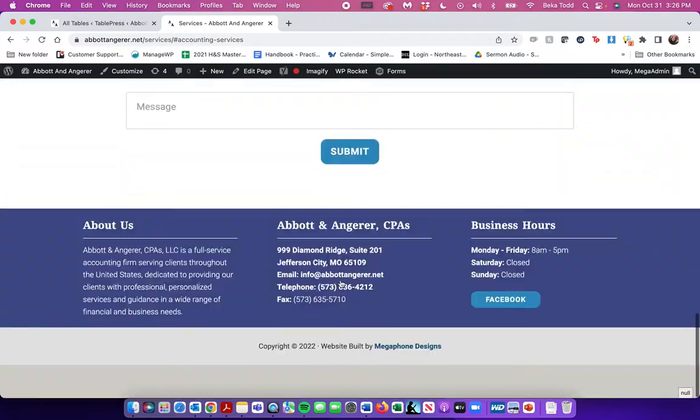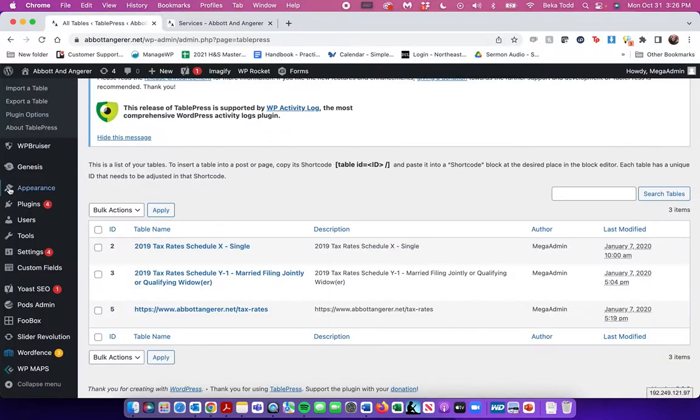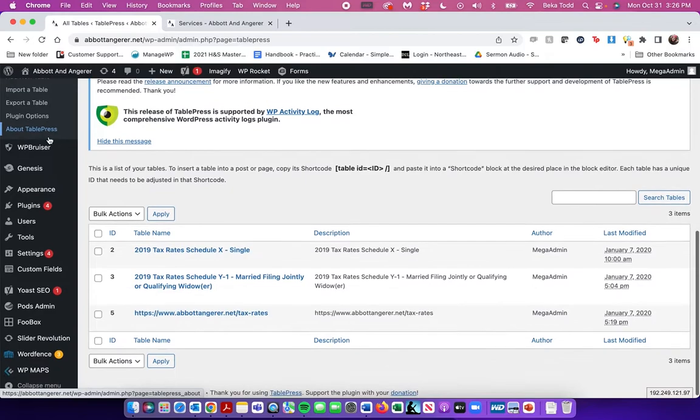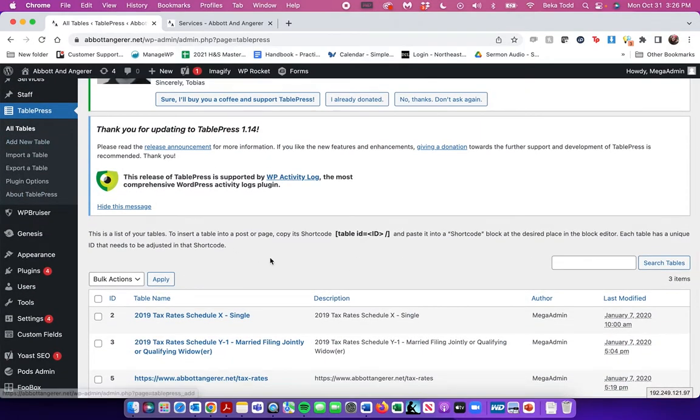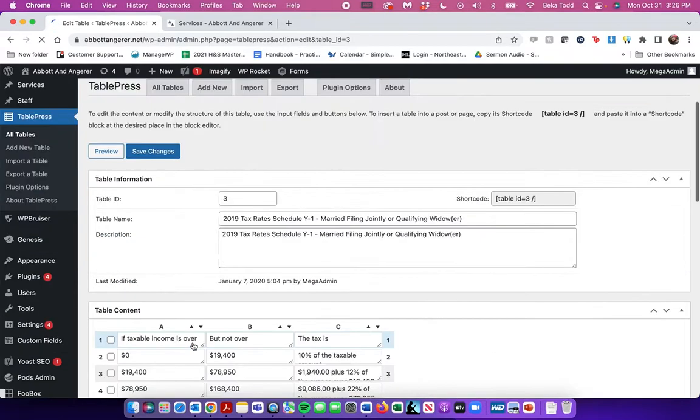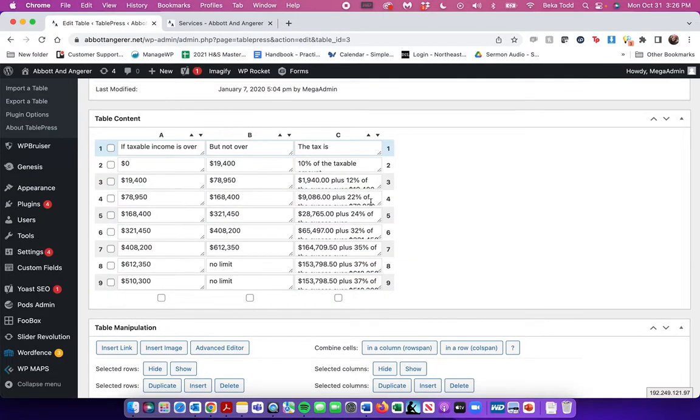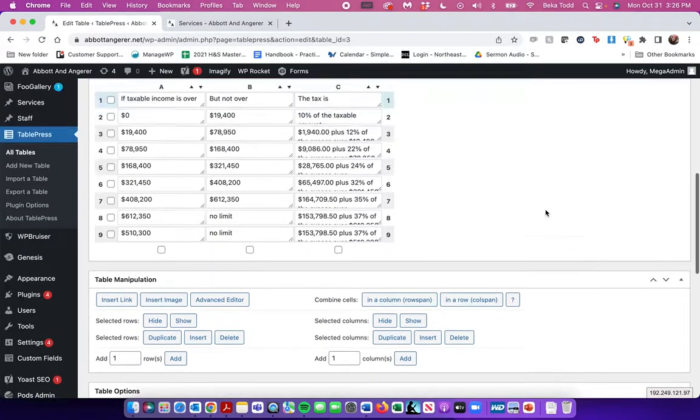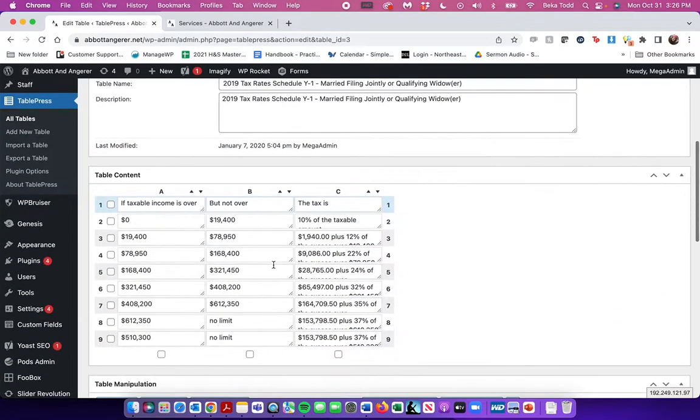Yeah, I'm not sure where the tables are in use. Let me see. 2019. Looks like they haven't been in use in a while. Basically, this is just an easy way if you ever do want to put something that's in a table format in a way that looks pleasant and aesthetically pleasing. You can utilize this. It looks like you're not really using it, so